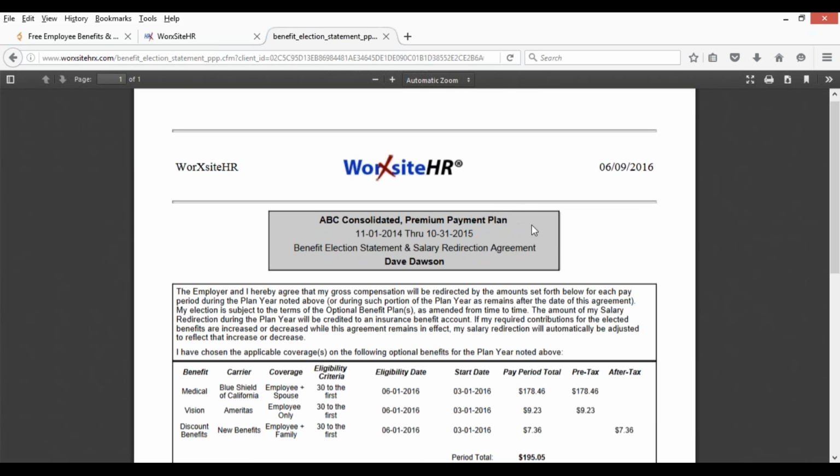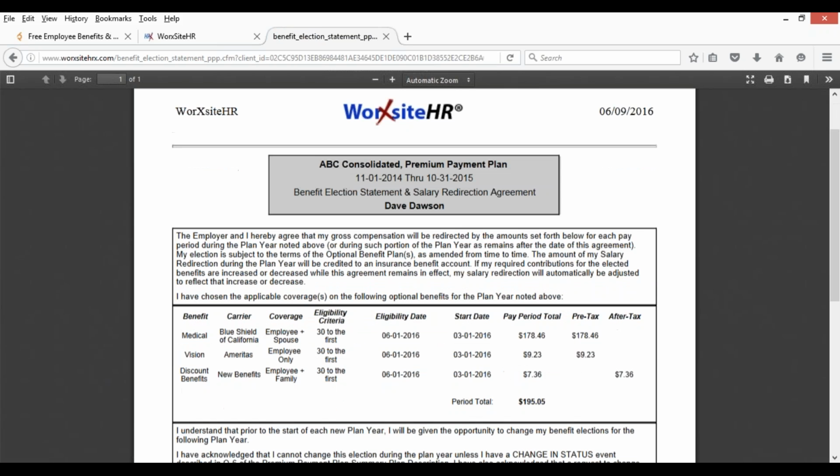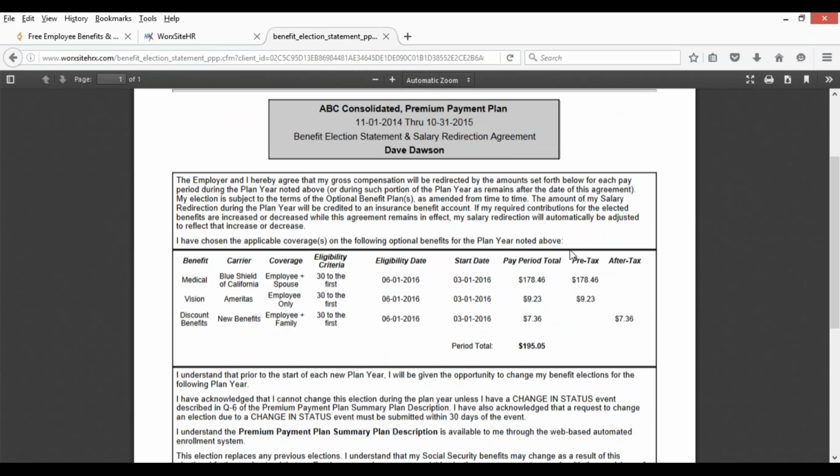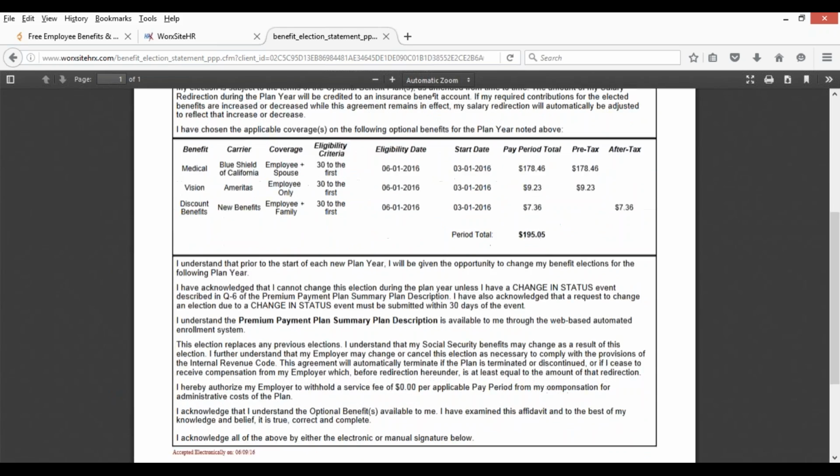comes your benefit election form. All right, and this is basically the statement that shows all the products you've accepted, and it'll show your pay period total deduction here. And it breaks it out into pre-tax and after-tax as well. And we can see that this person's total pay period deduction would be $195.05. And here's all the